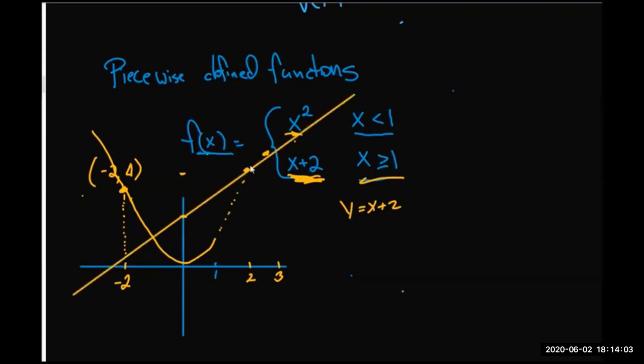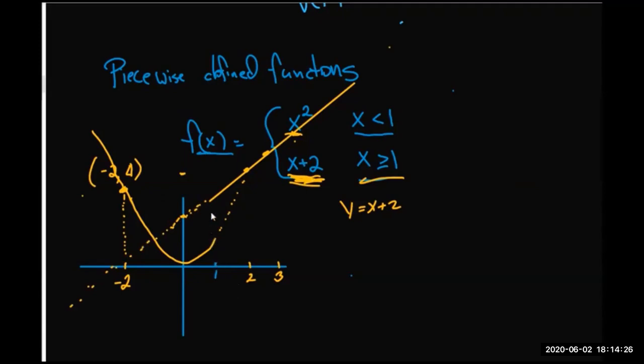But I'm only using it to the right of 1. So all of this to the left should be a dashed line. So let me try and do that. So it might look something like that. That's not a very good picture, but you get the idea that this formula here only applies to the right